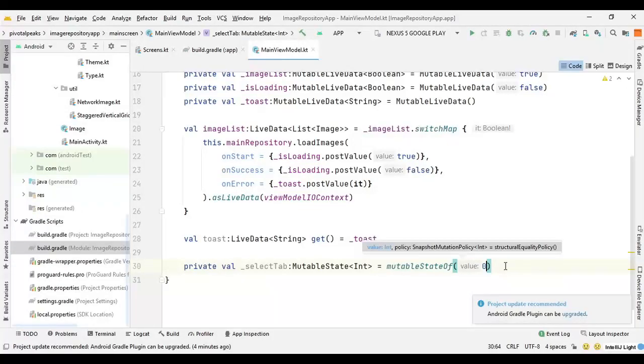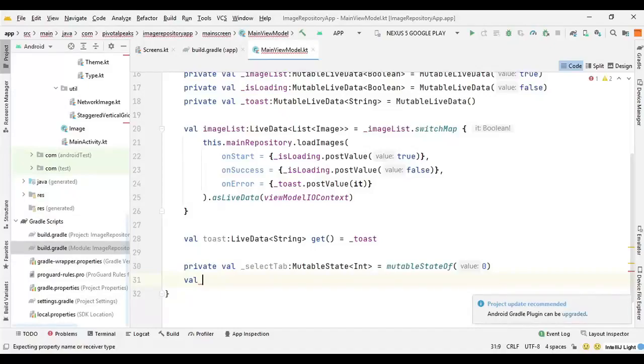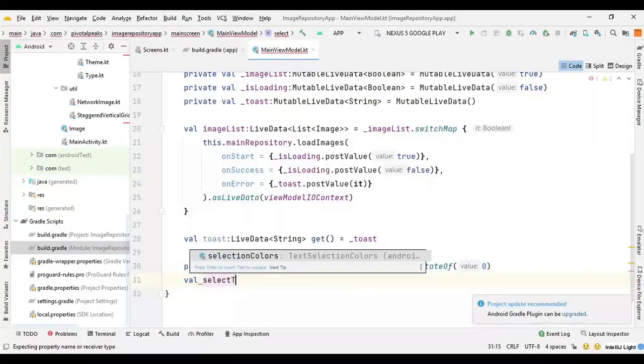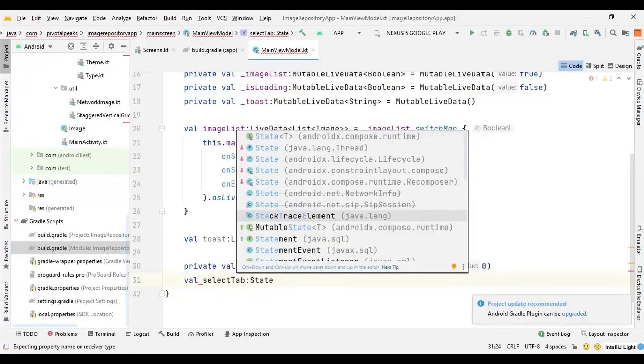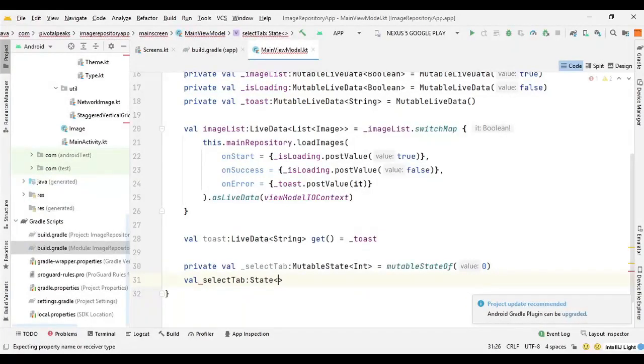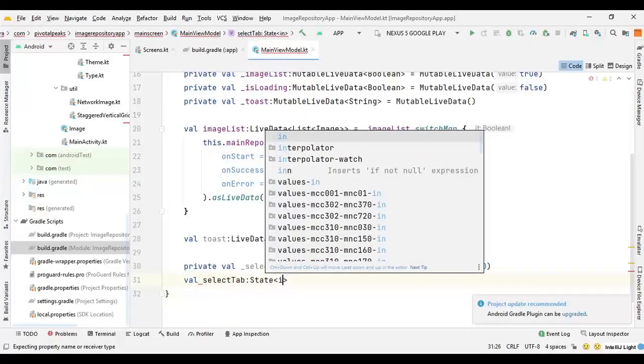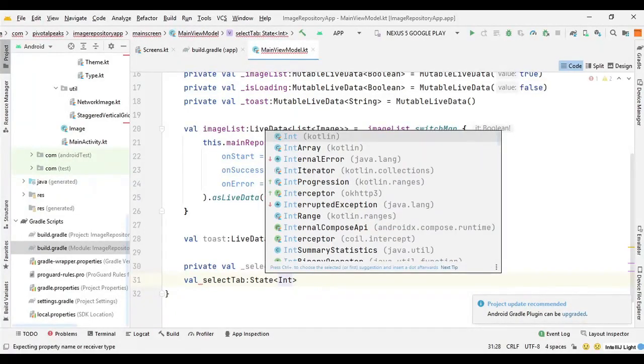Then we need a state interface to save this value, so we can say val selectTab of type State, and then we can pass the int here.